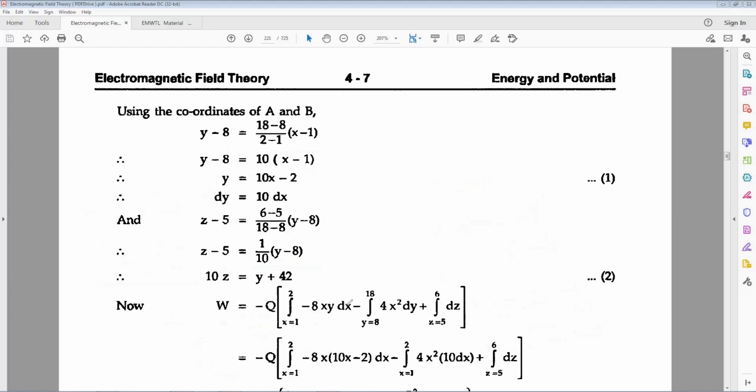Minus 8 into xy dx. The y value changes, as now using the equation of the line from B to A, the y value is 10x minus 2. You can substitute here 10x minus 2, and all the terms are in dx. Similarly,